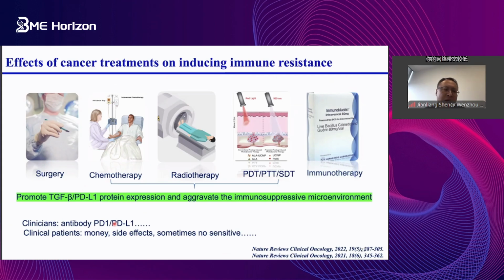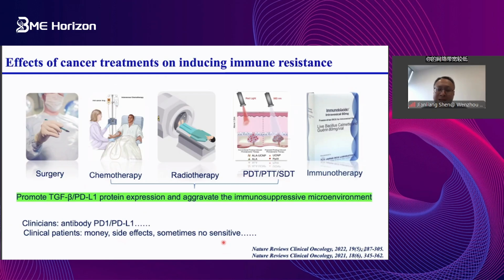But on our side, we think about the clinical patients who receive lots of antibodies. The first question is that they need to pay lots of money, right? Because antibody is very expensive. For example, CAR-T is about 1.5 million, maybe 1.5 million. Of course, the Chinese IMB previously reported. Anyway, it's very important. It's very expensive. We need to think about the patient side. They need to pay lots of money for treatment, with lots of antibody side effects, and sometimes no sensitivity.